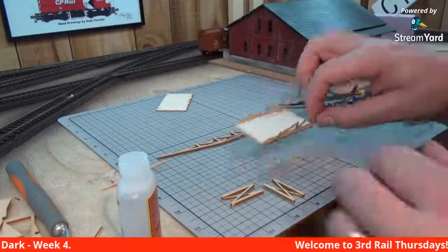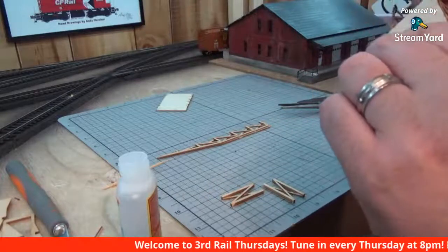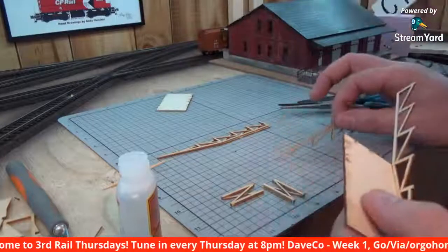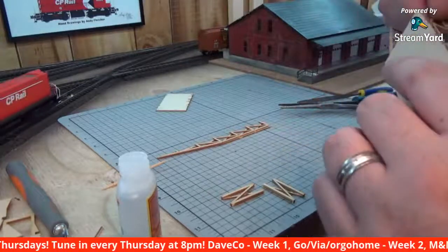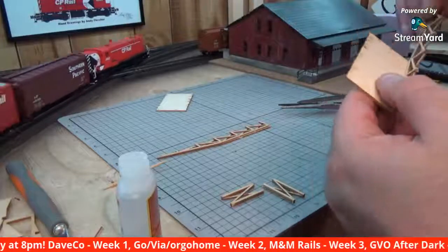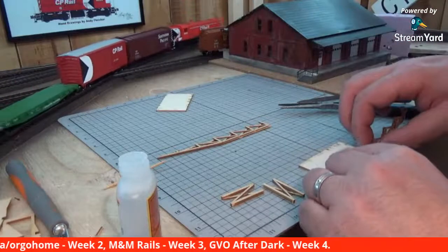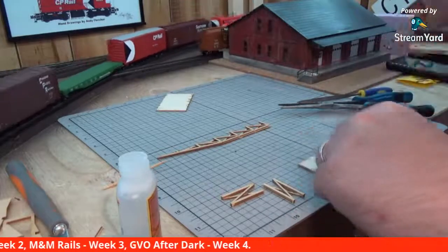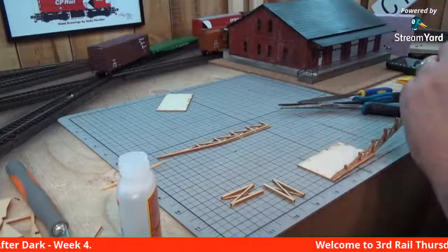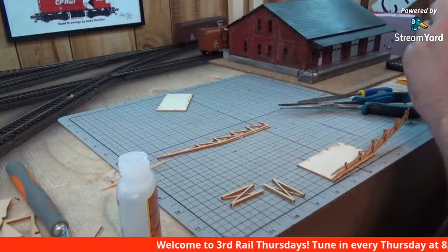And maybe we'll... Oh, I feel like this is going to break. Yeah, it's on there. Oh, this one's not. Oh, that was close. Okay, that's fine. Because now I can glue this part onto here. Like that. And then I can put those in between. So that works out pretty well, actually. I've somehow managed to salvage this. But...